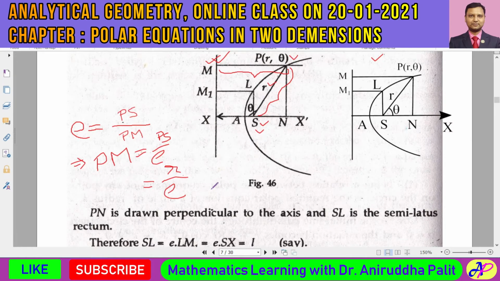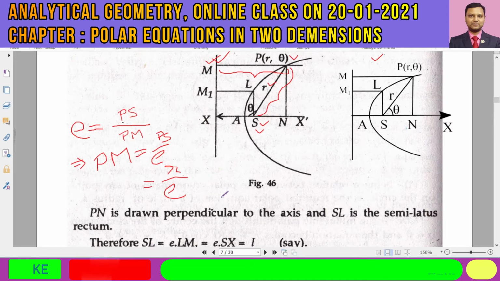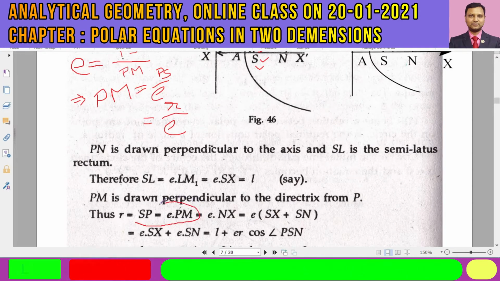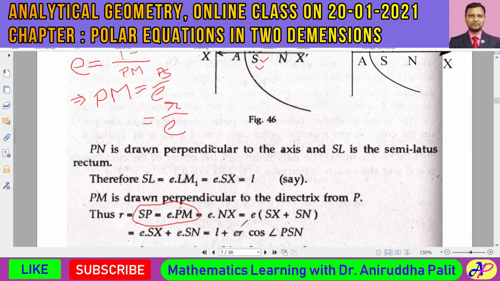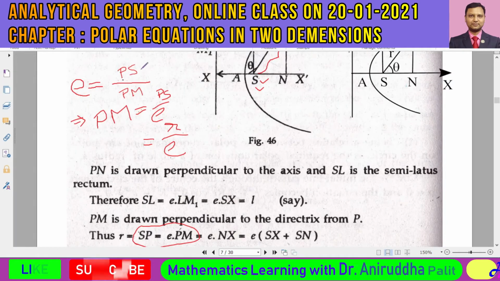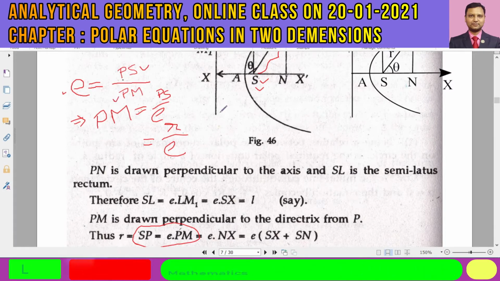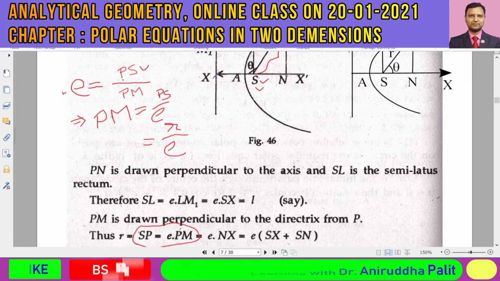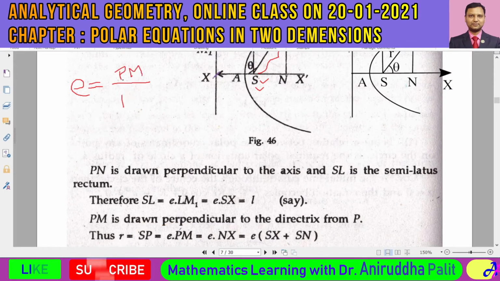PS means the distance R divided by E. That's why, in this relation, if you look at this expression, you would find that PS is equal to E into PL. You see, PS would be equal to E multiplied by this PM. Got it? And therefore, finally you can say that yes,